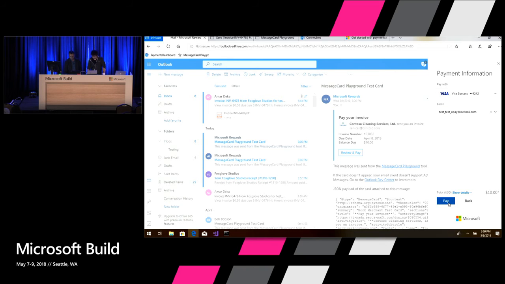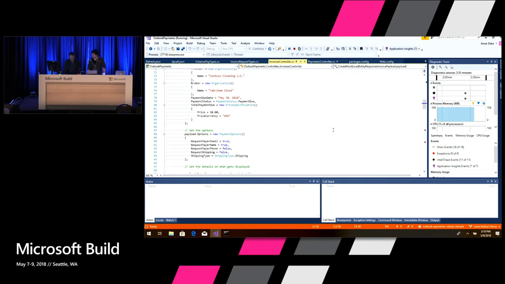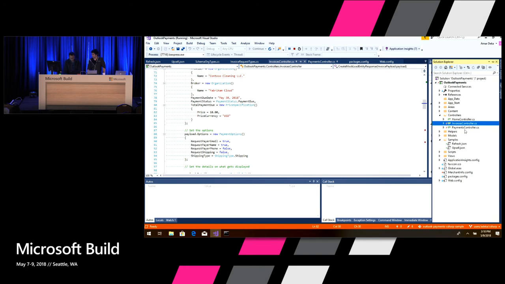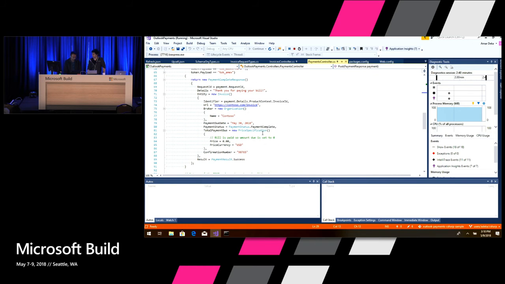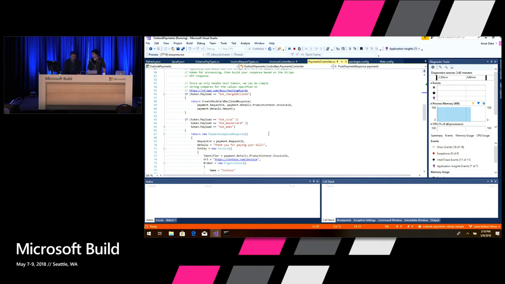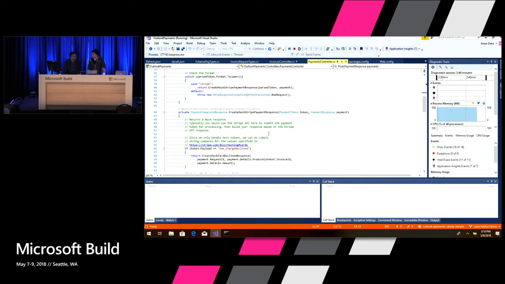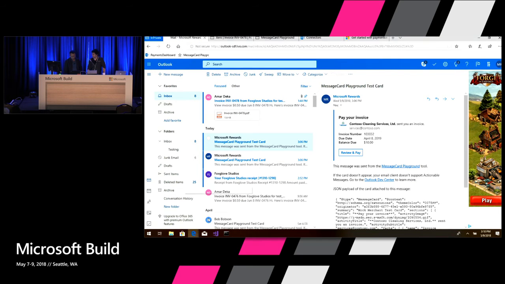But if you select one of them, you should be able to just click continue and pay, and it will invoke the payment complete response, payment complete webhook, and the payment controller, and it will return the successful result basically in this case, and you should see this is paid. Okay. I want to show one more thing on this testing experience, where I will basically